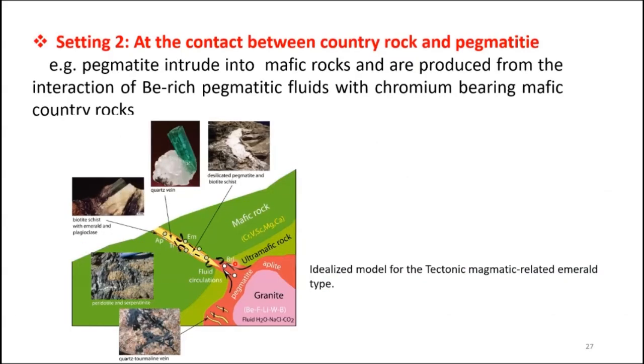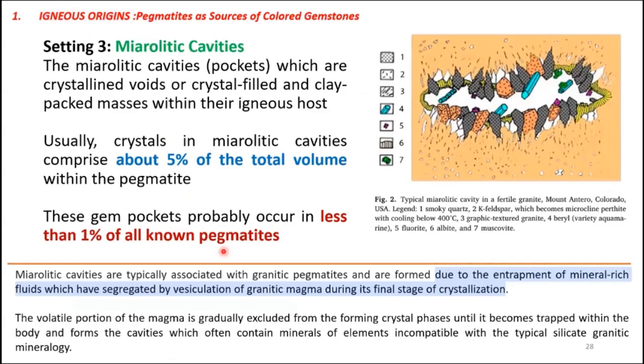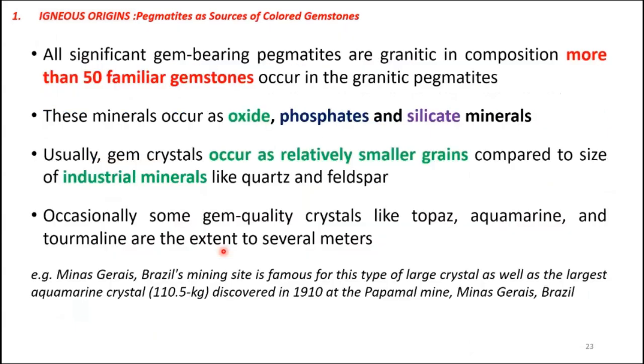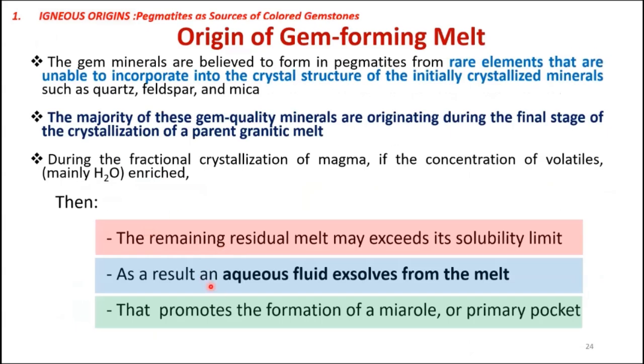So that is the second setting at the contact with this pegmatite and the surrounding country rock. The third setting is what we call miarolitic cavities. Miarolitic cavities mainly form during this particular process because